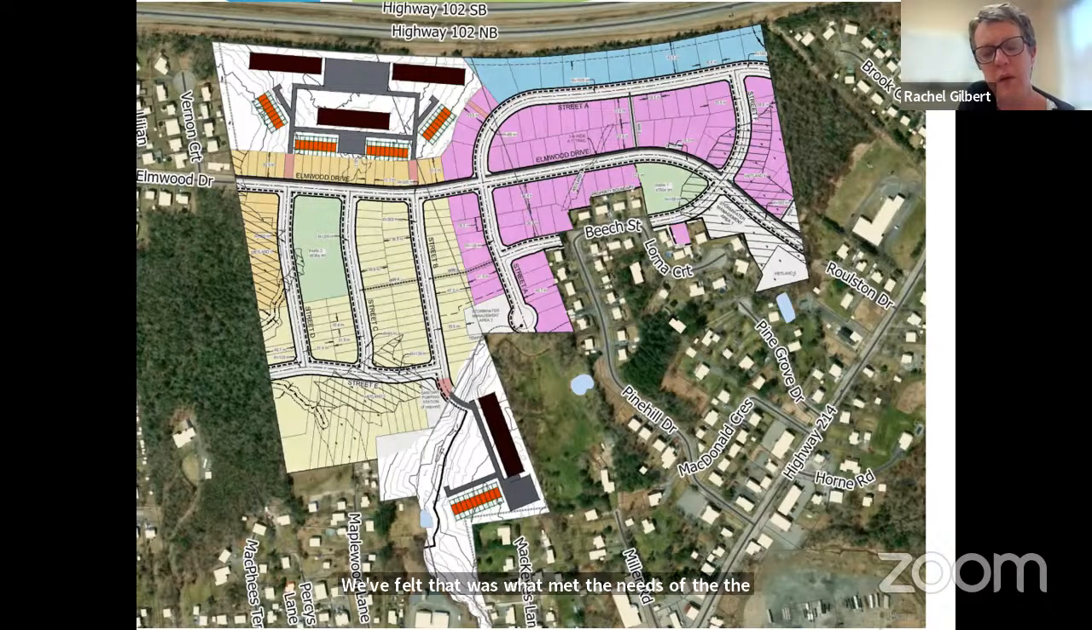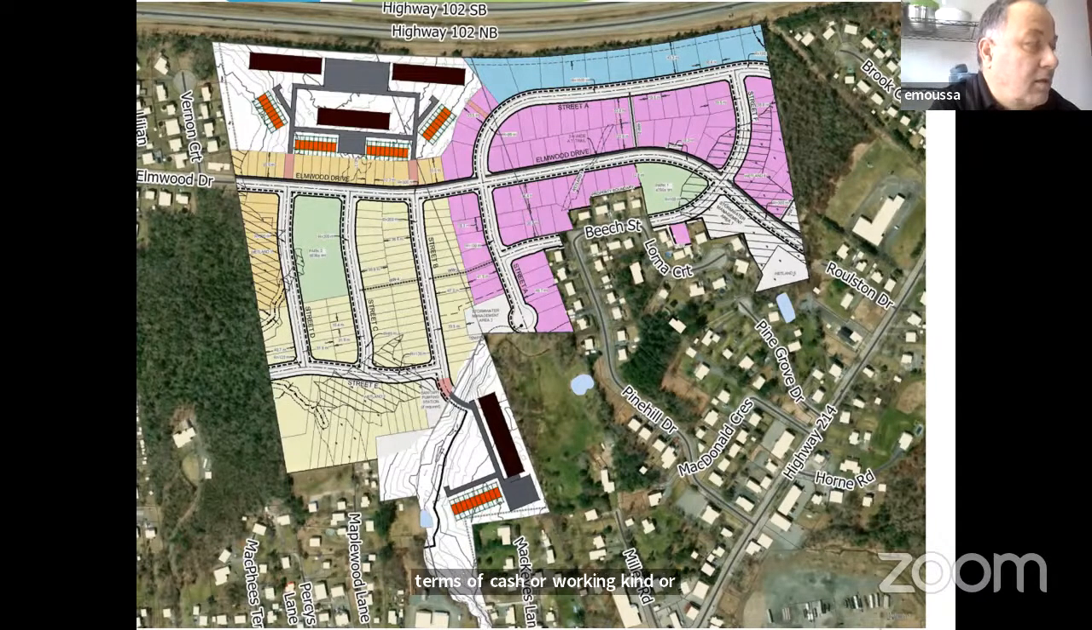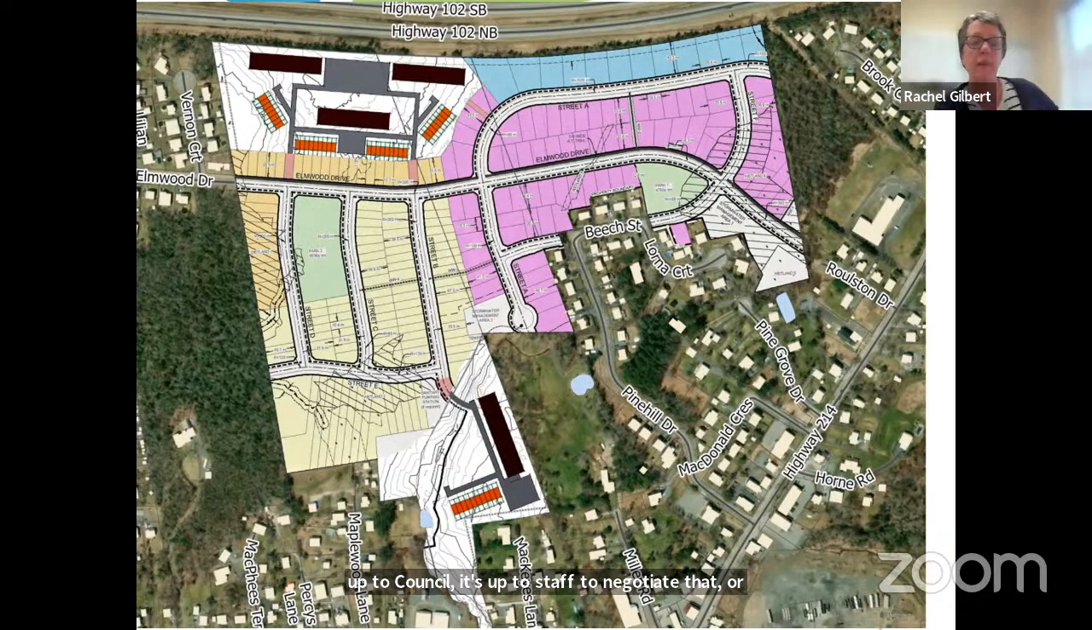And I think it works out around 5% left in terms of cash or working kind, or the combination of those. Okay, so that is not up to council, it's up to staff to negotiate that, or we have a say about it? Well, council can tell us that that's not what they're looking for in terms of open space. Our Parks and Rec department assisted planning staff in negotiating the open space as you see here. If council have a different opinion on that,